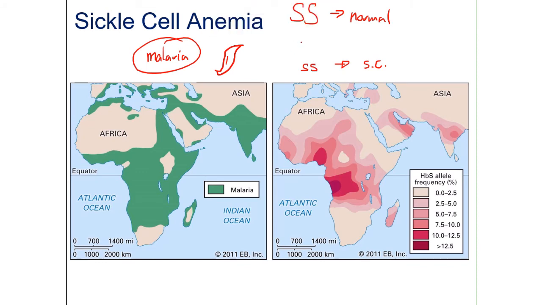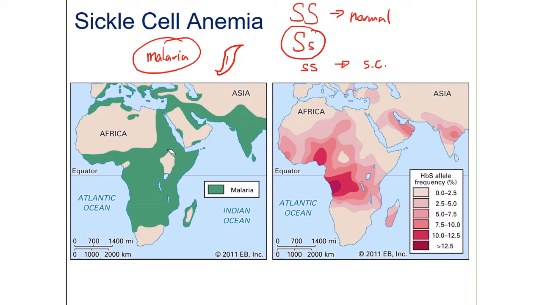And then it turns out there's a third option. If someone is big S, small s, these people are going to be carriers of the sickle cell anemia gene, but they're not going to exhibit the full symptoms of sickle cell anemia. So these people are going to be relatively normal, and they are going to be immune to malaria at the same time. So if you take a look at a map here,